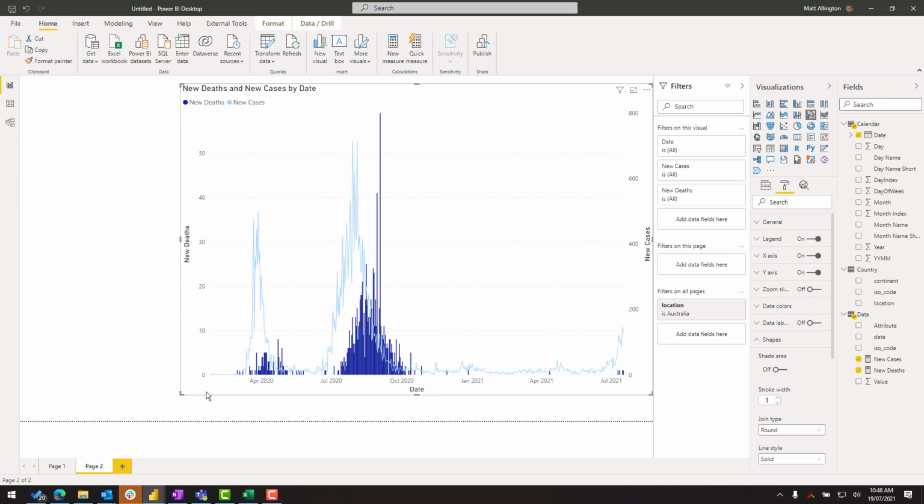And so once again, I'm taking you on a journey here to show you how I went about building the final report, which I'll go through shortly. So you can see here that there was a lot of activity. This was the issue in Melbourne last year, which was widely reported on the news. But you can definitely see here that fatality rates trail the infection rate, and I'll show you how I